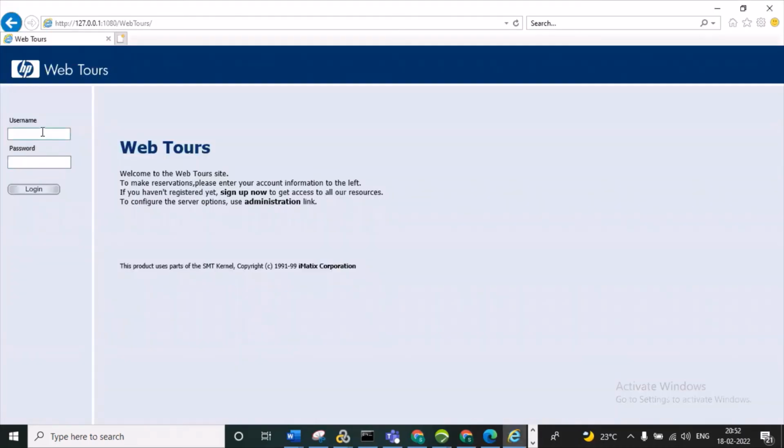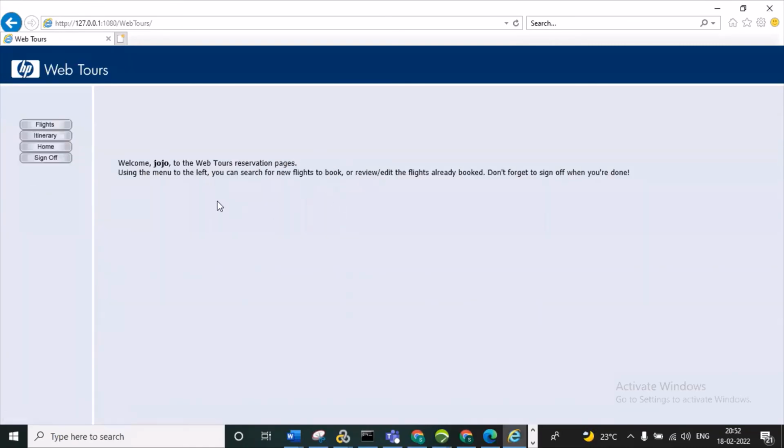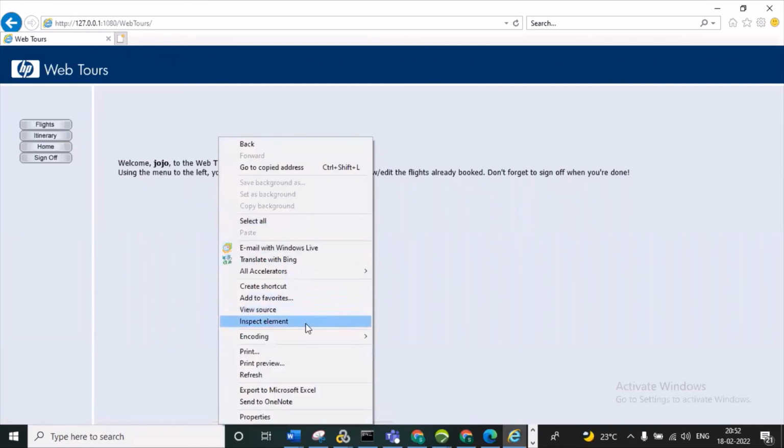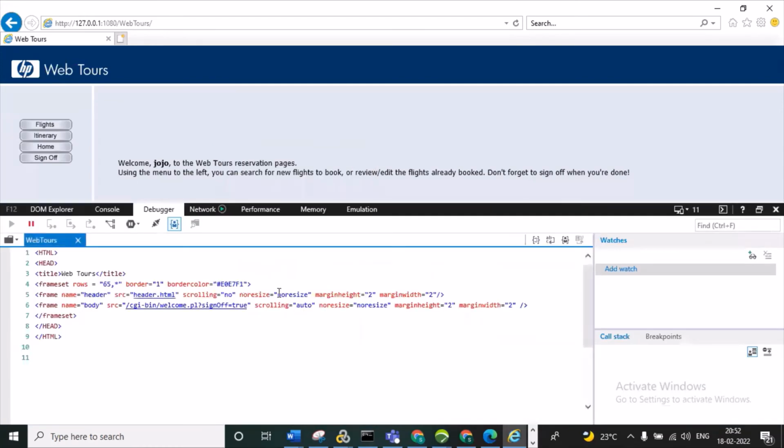After login, you need to give Jojo and Bean and enter login. For this page, you need to go to view page source code. Then we need to take the SRC file. This is the SRC. You can take this one, which is the image point.